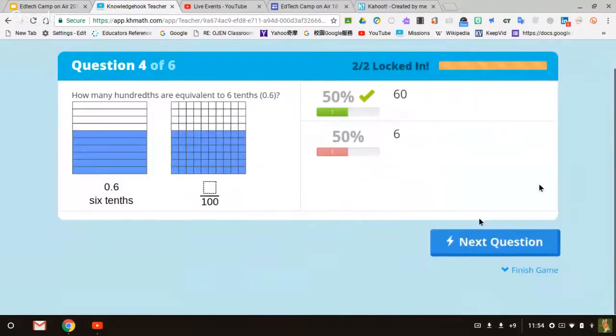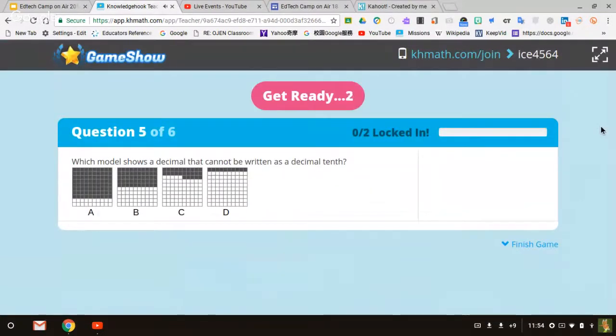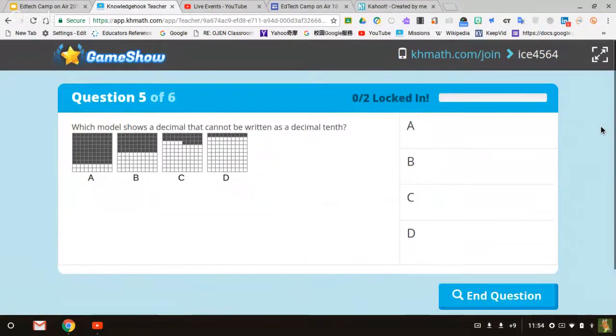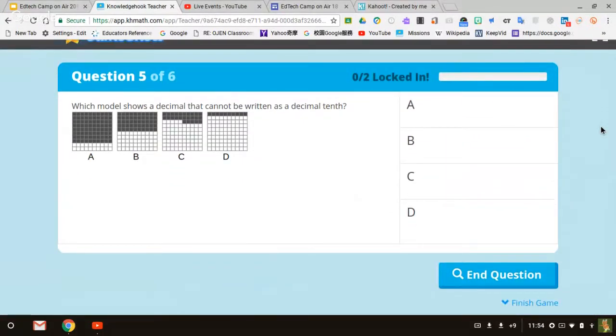Okay, so we're coming down to 2 more questions. So which model shows a decimal that cannot be written as a decimal tenth? So take a look at the graphics and then choose if it's A, B, C, or D. Okay. And just a reminder, same time again, depending on where the students are in their understanding, you can be giving hints,